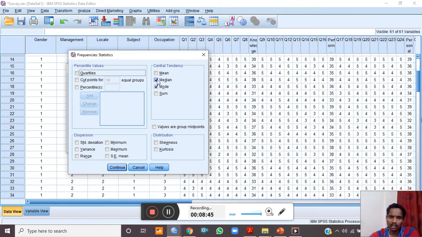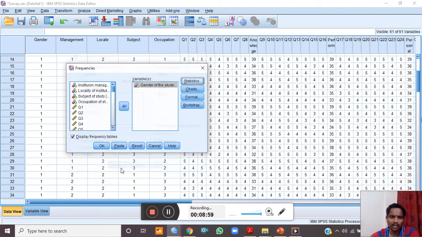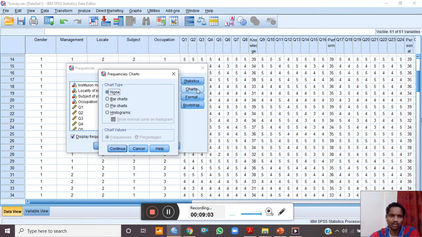Now I will click on statistics. See, whatever statistics you require, you have to click on this. Okay. So for the time being, let me untick all those, then I am clicking the continue option. You can also see this chart. If you want any type of chart, you can select from here.